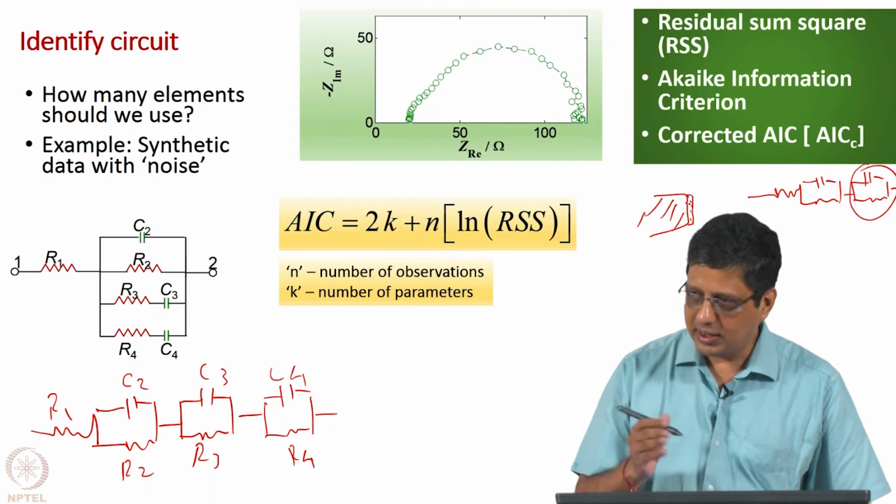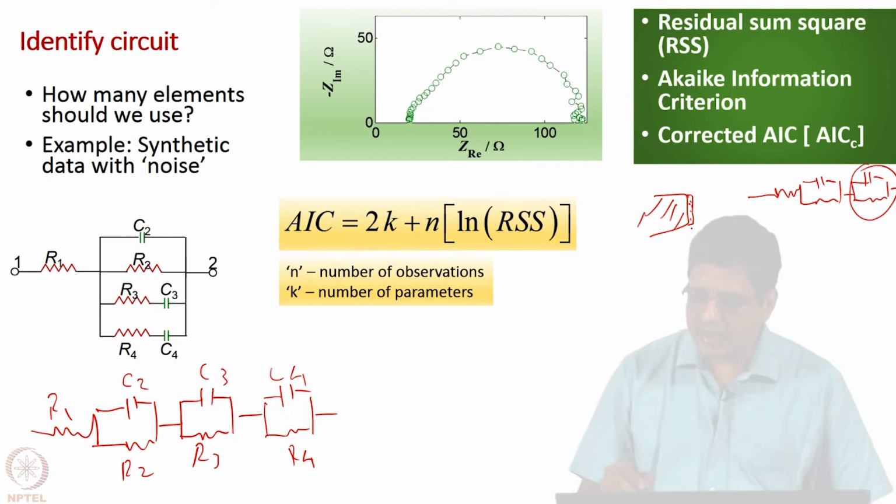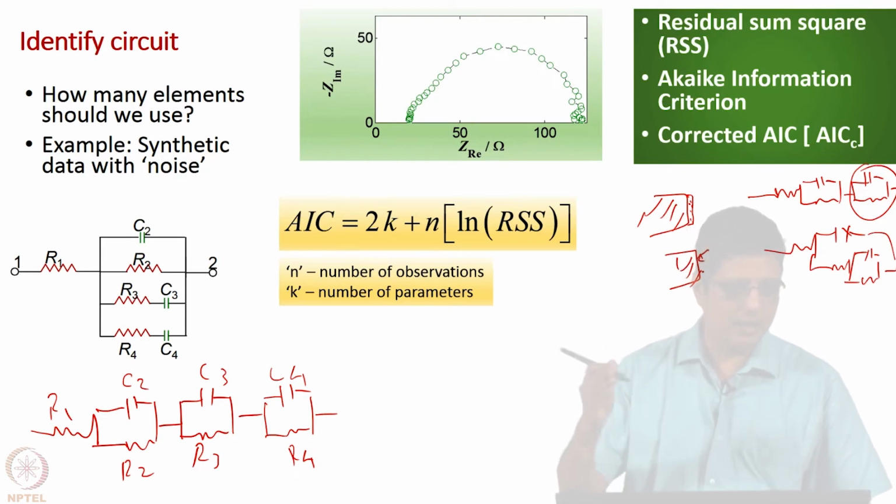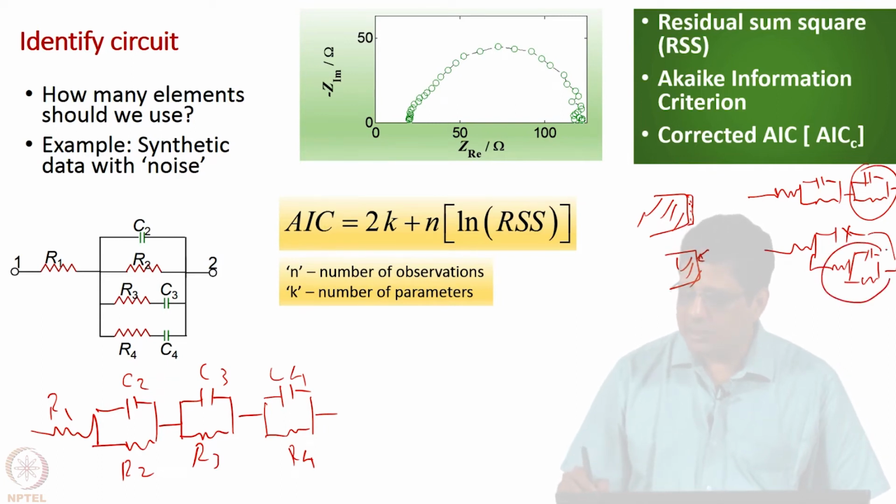I can look at another case where I get data from a reaction with no film, nothing, in which case it may be better to represent it by a ladder circuit and assume it goes through an intermediate path, that is, the reactant does not go to product directly, it goes through an intermediate stage, and what happens here is related to what happens to the intermediate.